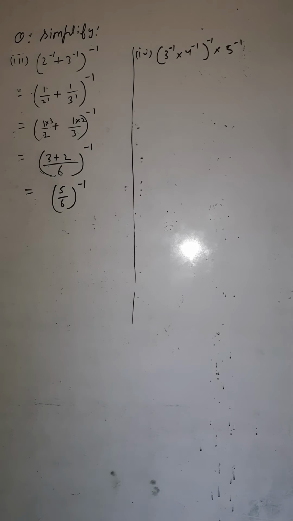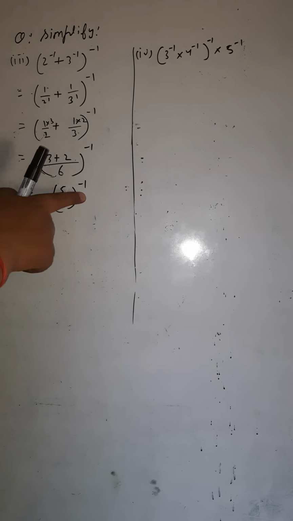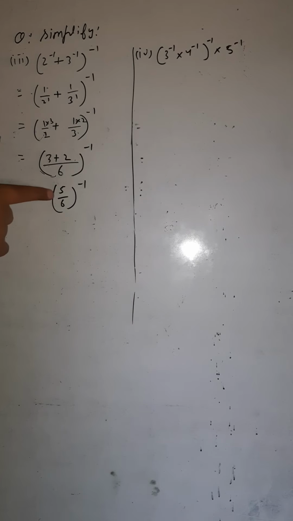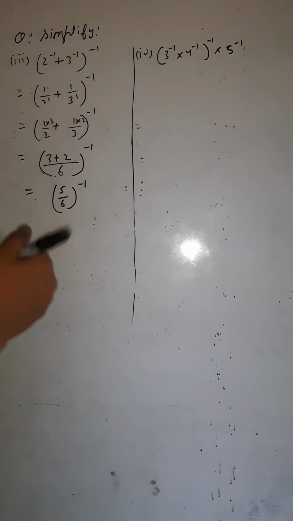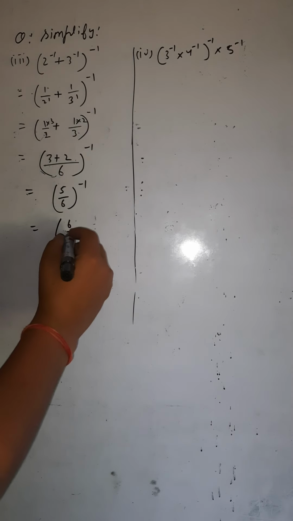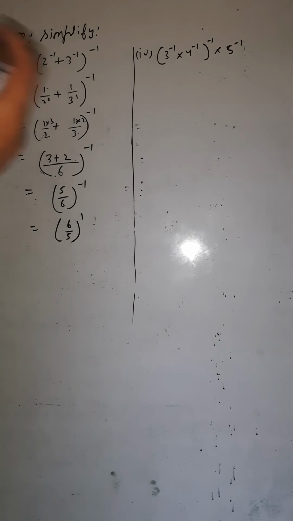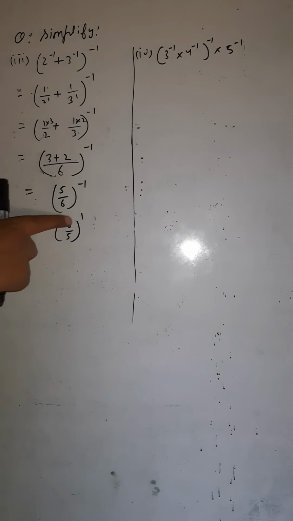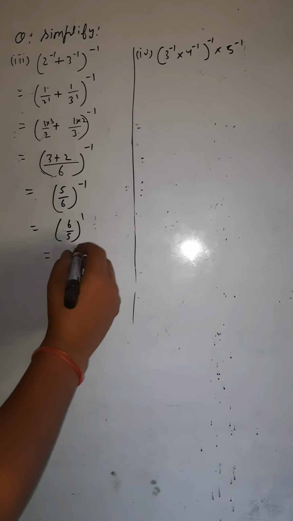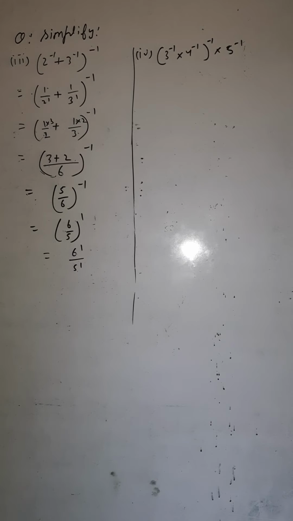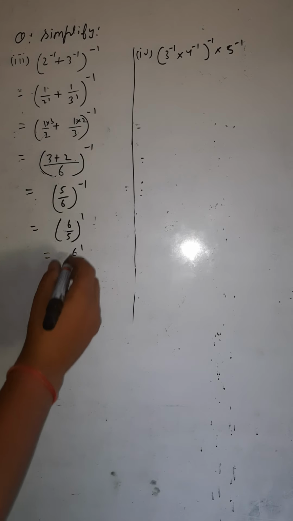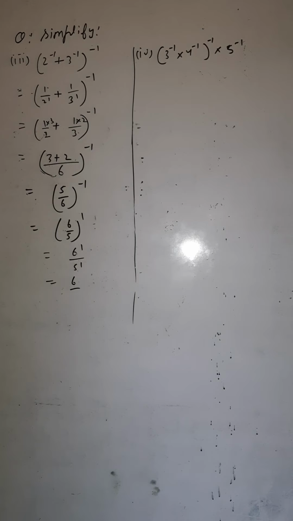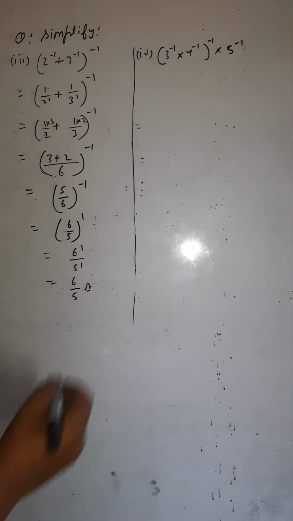power minus 1. Now I would have to change this negative power into the positive, and I can change it if I write the reciprocal of the inside fraction. So what would be the reciprocal of 5 by 6? It would be 6 by 5. So I'd reverse this. It can be written as 6 by 5 whole raised to the power plus 1. Now you know this power 1 would be distributed to the numerator as well as the denominator. So again it can be written as 6 raised to the power 1 divided by 5 raised to the power 1. Hope you are getting this. 6 raised to the power 1 implies only one time you have to write 6, and 5 raised to the power 1 implies only one time you have to write 5. So this would be the required answer.